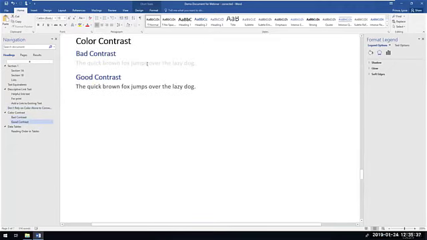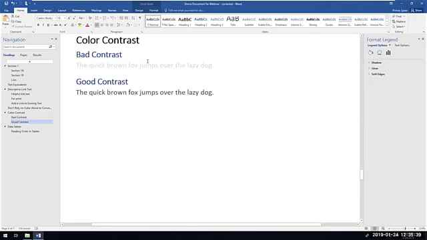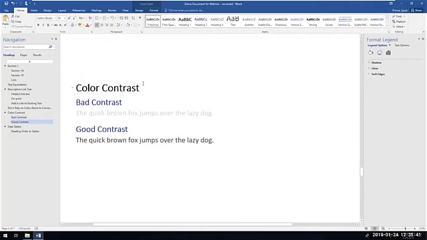Okay, so say I wanted to actually do some testing on this color contrast. There's actually a formula that was created by this group called the W3C Web Accessibility Initiative, and they're the people who put out the standards that we follow for web accessibility and also document accessibility. It's a really long formula. Luckily, no one needs to remember it because they have some great tools out there to help you test for the color contrast. I'll show you the one we like to use because it can be used on anything that